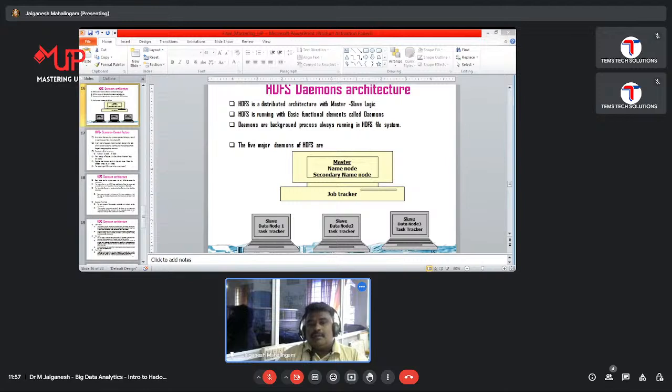So they take normal cheap processors and make them into a grid or cluster, and they run the entire execution on it. So this is the idea of the Hadoop distributed file system. The purpose of this introduction class is to explain why we go for big data analytics